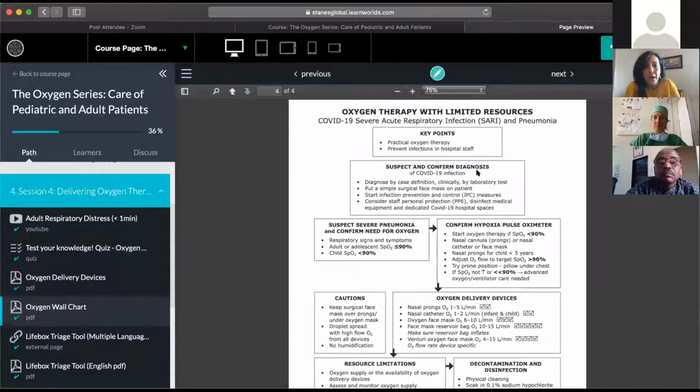So when you suspect and confirm the diagnosis of COVID-19 infection, you can do it by case definition clinically or by laboratory test. You want to place a COVID-19